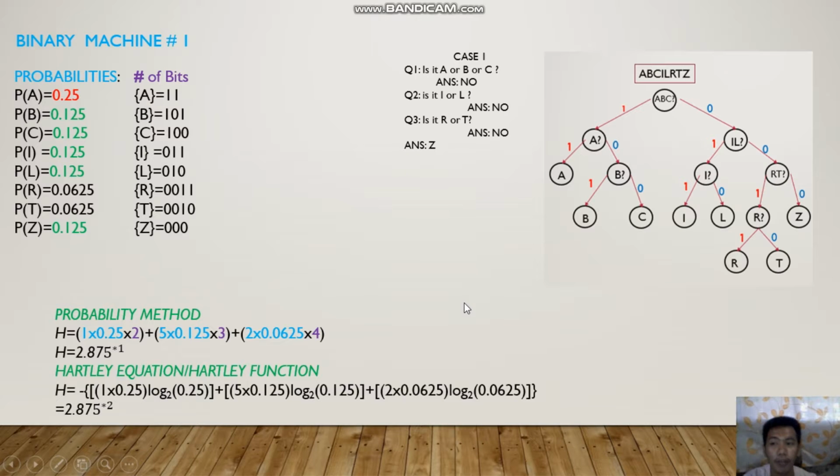So discussion. We have here our binary machine number 1. For example, at case number 1, you will ask, is it A or B or Z? If my answer is yes, it displays as 1. If my answer is no, it will display 0. For example, you ask again, is it A? My answer is yes, 1. And if it is no, it equals 0. So let's